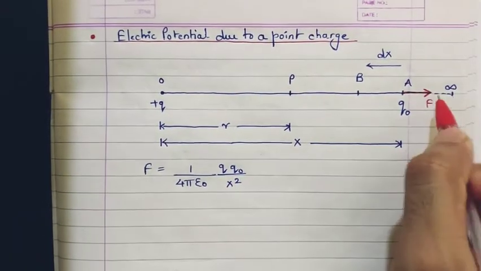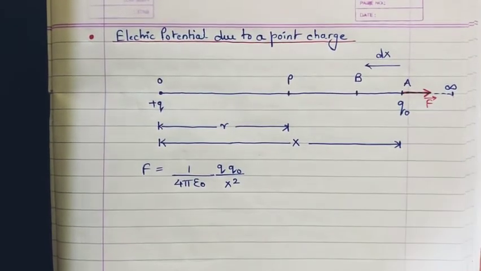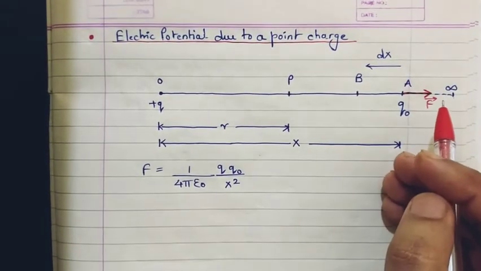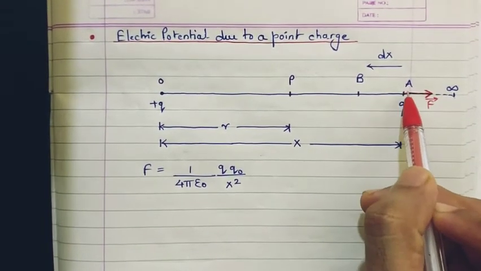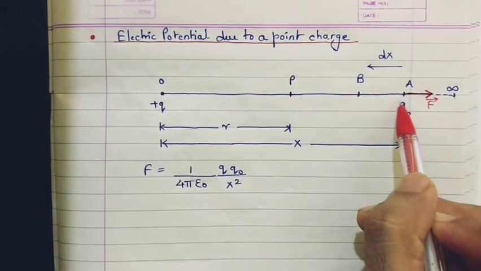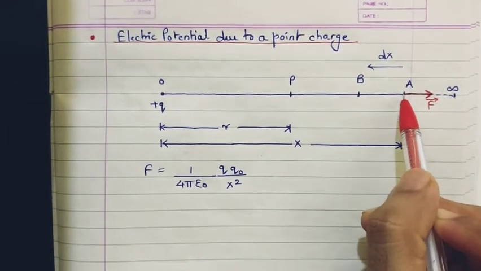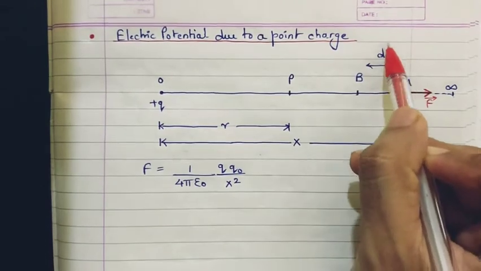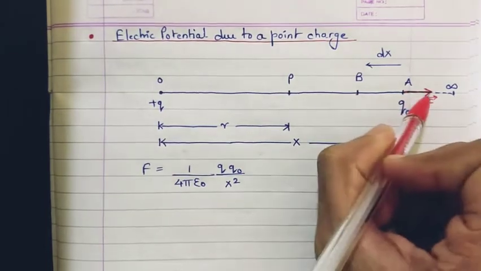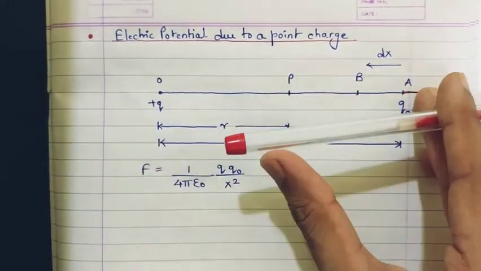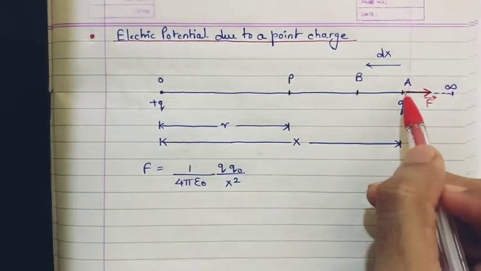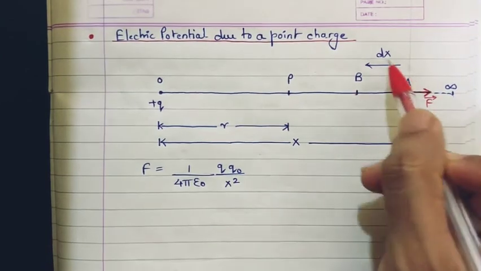Now, the force F, let's see, this is vector F. So this force F acts away from the charge Q. That is quite obvious, right? So the small work done in moving the test charge Q naught from A to B. What I am doing now, I am just finding the small work done in moving this test charge Q naught from A to B through a small displacement, let's say dx, because the distance between them we have taken as dx, against this electrostatic force. This electrostatic force is trying to take it this side. But what I'm doing, I'm trying to take this test charge Q naught towards the Q, that is from A to B through a small displacement of dx.